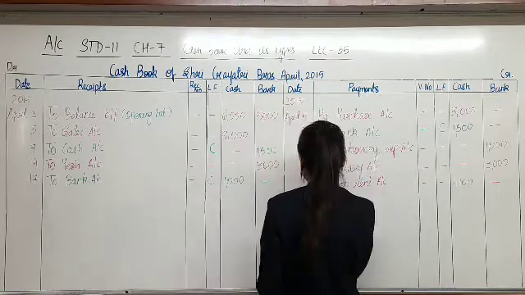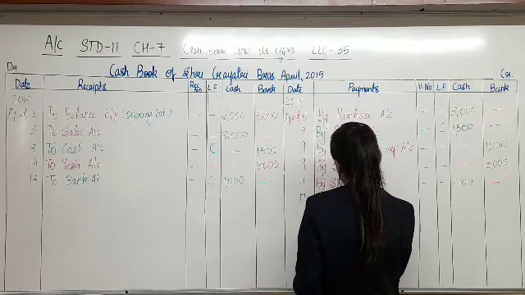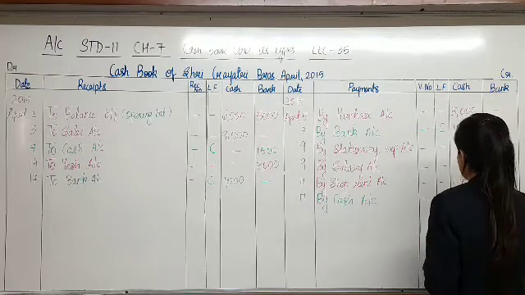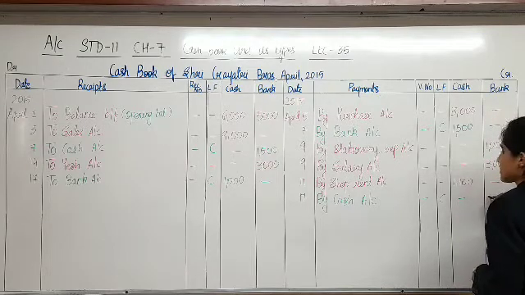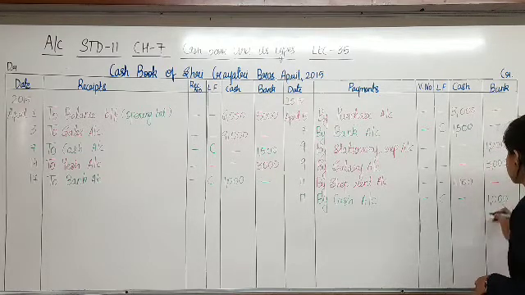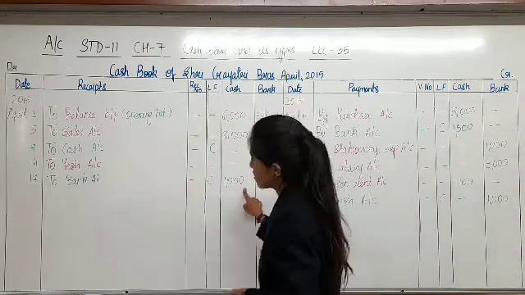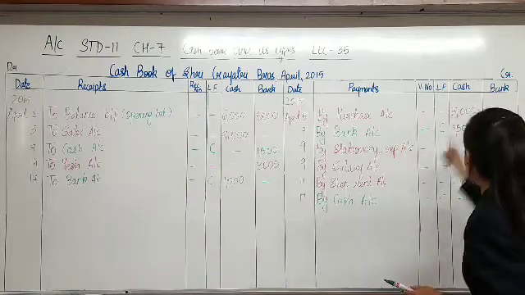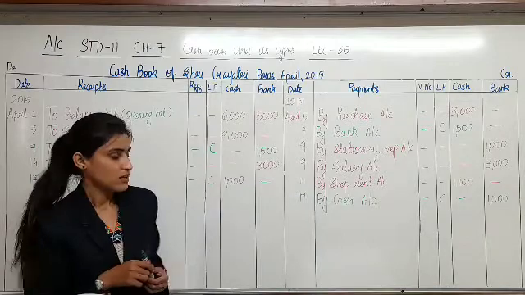And here on the same date, by cash, in the column of amount in the column of bank. How much? 1000. I repeat, cash is withdrawn. So on receipt side in the column of cash, cash comes in 1000 from bank. Here on payment side, amount goes out from where? From bank, 1000. This is how we record contra transaction. Yes? Next.